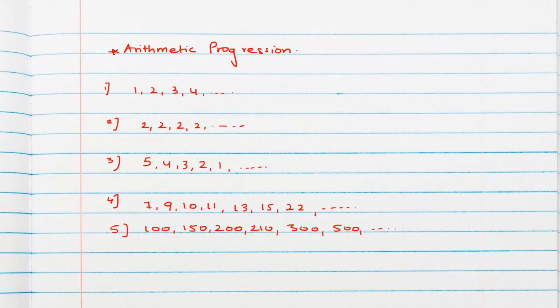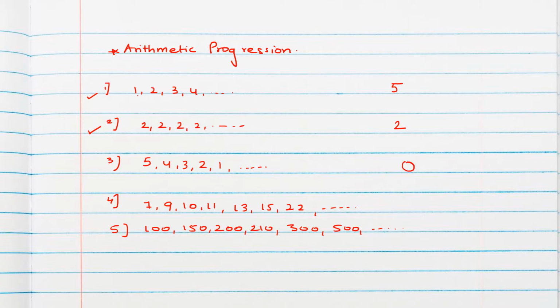Now if you consider the first list and I ask about the next element, you will probably say 1, 2, 3, 4 is there, that means the next number will be 5. In the second example, the first 4 elements are 2, and if I ask for the next element, you will say yes, 2 should be there. Here also 5, 4, that means we are subtracting 1 from the previous term, isn't it? So the next number can be 0.